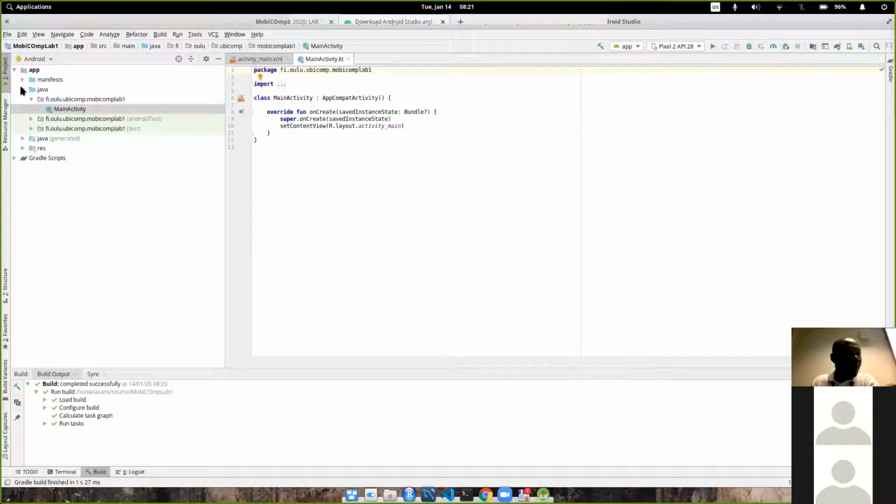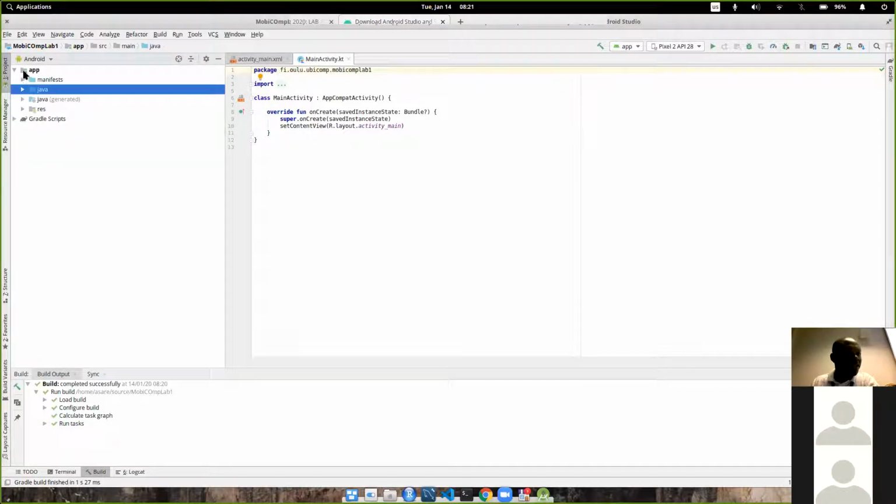Now let's take a quick tour into the project structure and what you see here and what it means. For example, if you see Java, when you expand that folder, you have three subfolders, and your package name shows here. So where are the files? Where are the Java files? Where are the Kotlin files? So for example, when you expand the package,